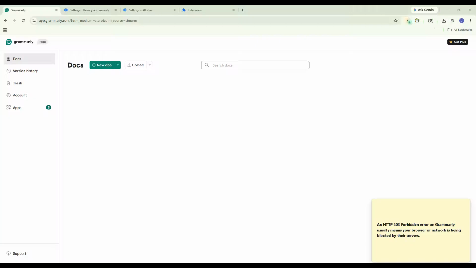If Grammarly is showing an HTTP error 403, don't worry. In this video, I'll show you 2 quick fixes that usually solve the problem fast. This error usually means your browser data, cookies, or one of your extensions is blocking Grammarly from connecting properly. So if Grammarly is not loading, not signing in, or showing a forbidden error, stick with me and follow these